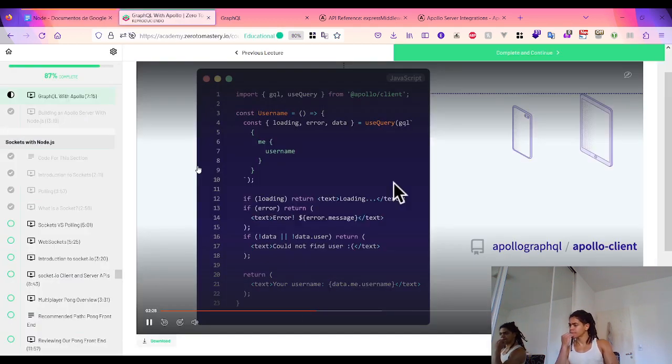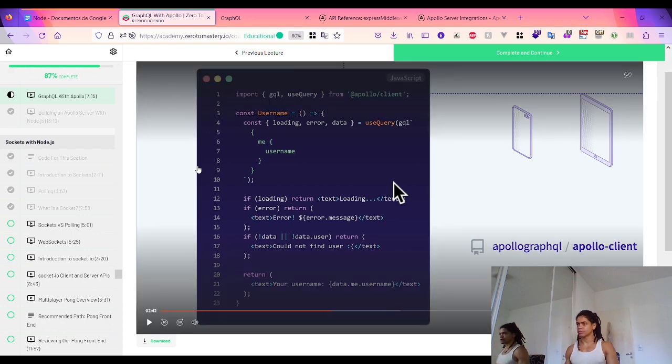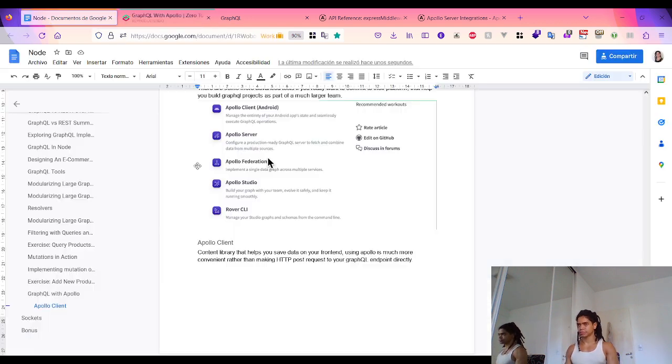It lets you query your GraphQL server with your front-end application, much like you would through GraphiQL. And it comes with added benefits like caching your queries, handling